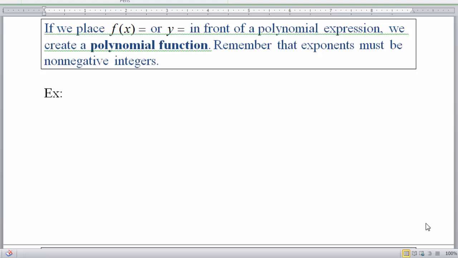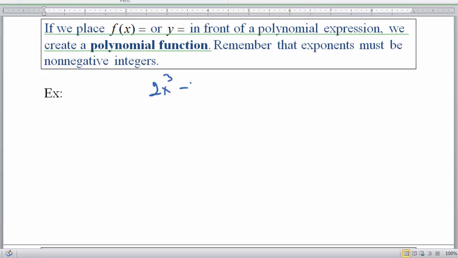So we've been working with polynomial expressions, right? And we talked about what it means to be a polynomial and degrees of polynomials and classifying them by number of terms. Now we move on to polynomial functions. And polynomial functions are just very simple to create, right? All you have to do is, if you have a polynomial expression,